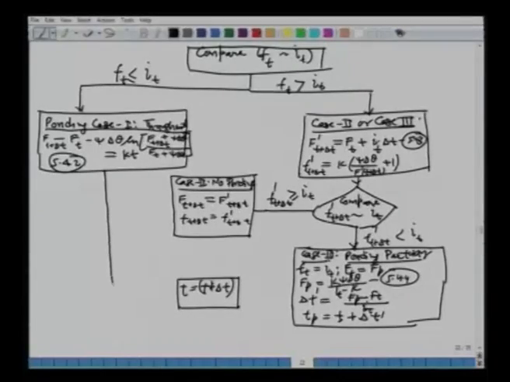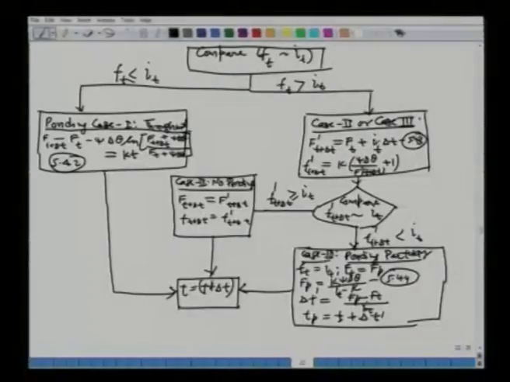So, this is going here, the logic will flow from here, from case 2 to here, and then from case 3 also it will flow there. Okay. So, once we have analyzed the time interval delta t, all we do is we increment the time step, that is we start looking at the next time step. All right. And then we apply or test for the condition